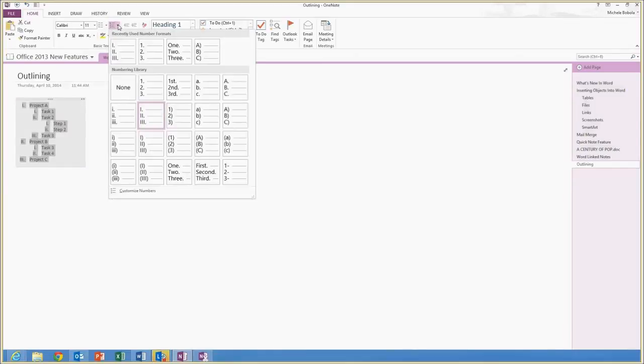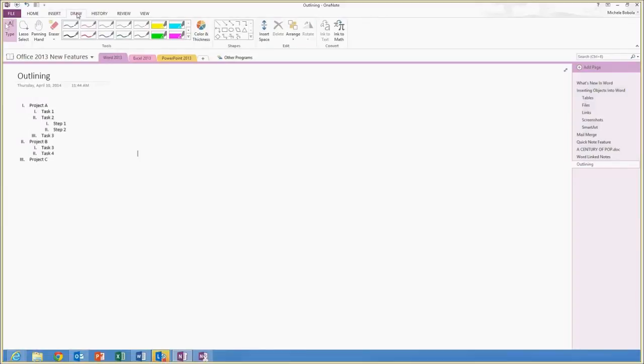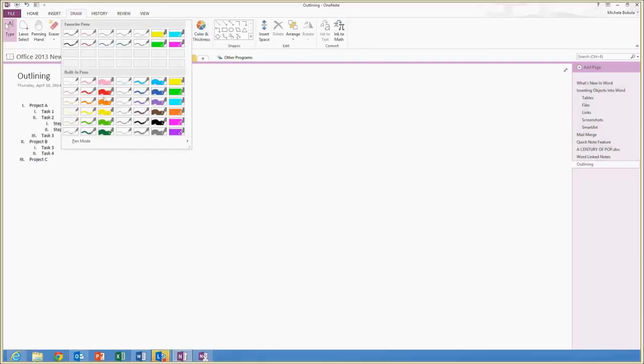A lot of people don't utilize this enough because they're not familiar with it and they don't know how to work with it. I'm going to go to the Draw ribbon. You can see that there's a little drop down arrow here, more. You can hit markers, thick markers, thin